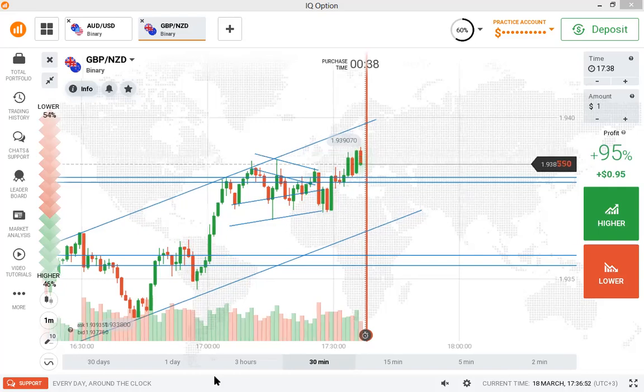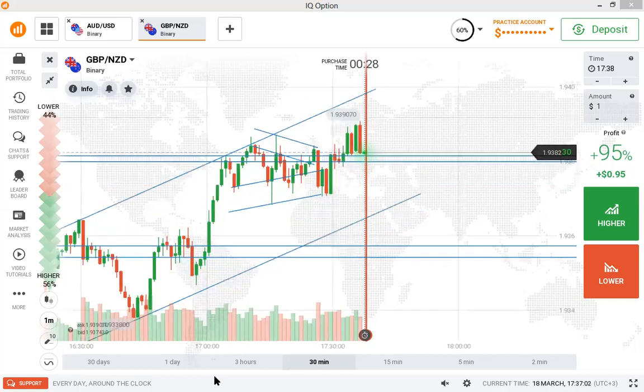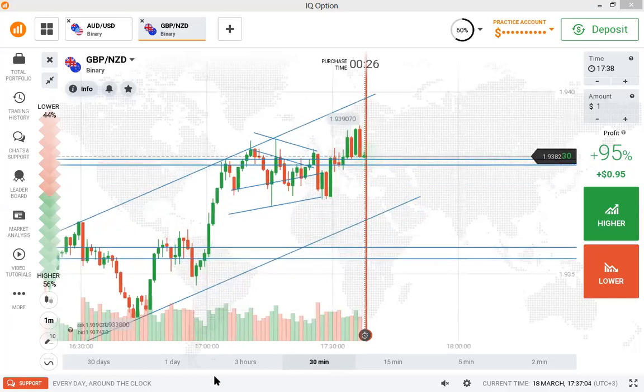Okay, if you want to predict the next candlestick in a psychological way, one thing you have to follow, the rules you have to follow is that